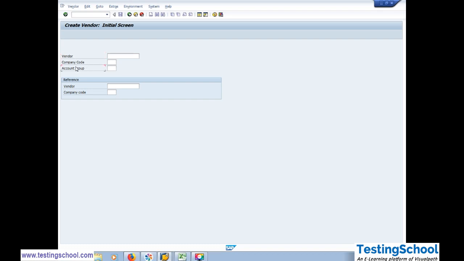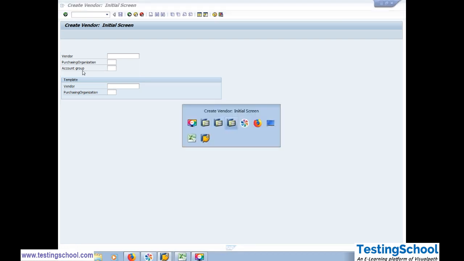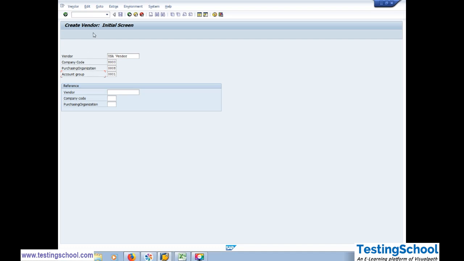You can go ahead with FK01, and if it is decided but vendor's company code is not known, you can go to MK01. Now if you want to update all the informations together, you can go for XK01, company code, purchasing organization, accounting group. Okay,